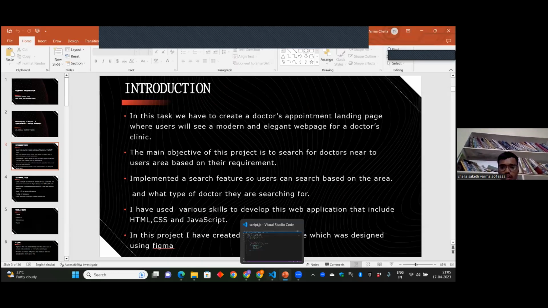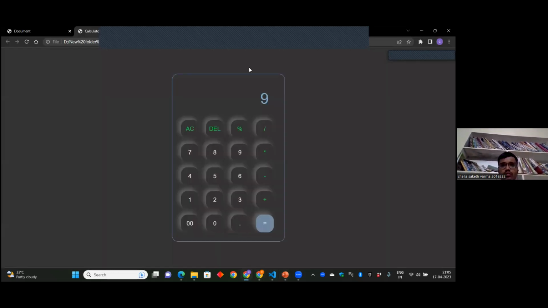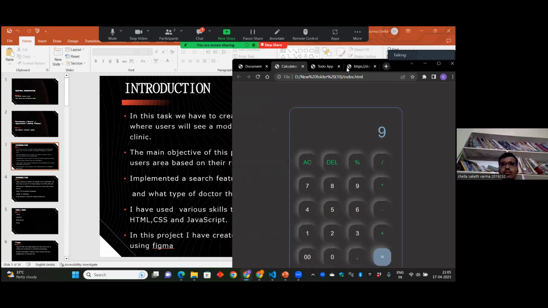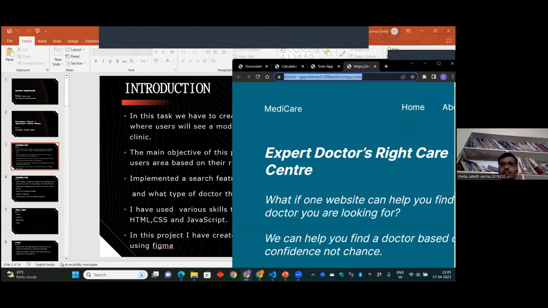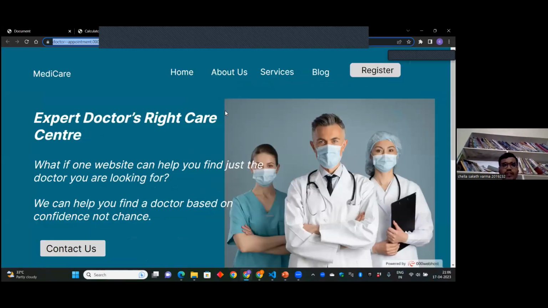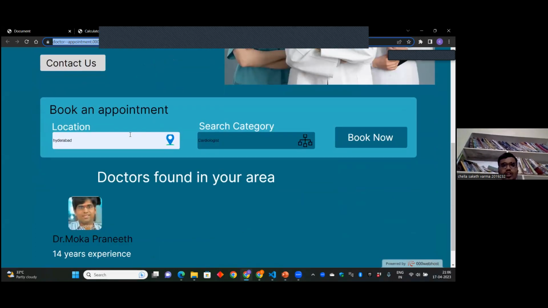And coming to the demo, this is my doctor's website, sir. And here we can find the doctor's appointment. The location I have selected as Hyderabad, which I have provided in the database, and such category. And if I am looking for dental, we can find